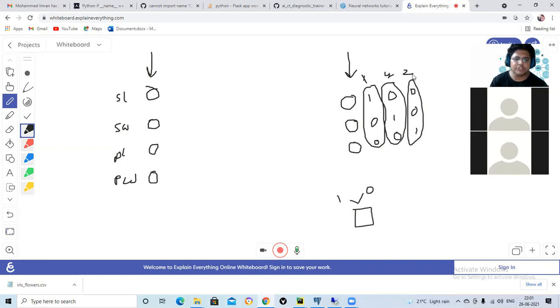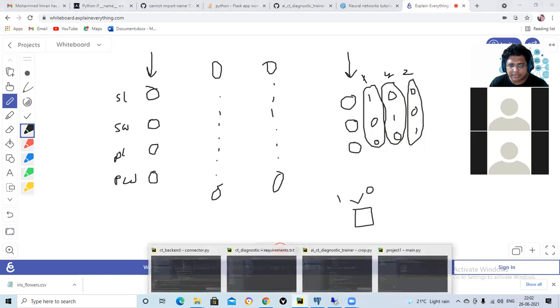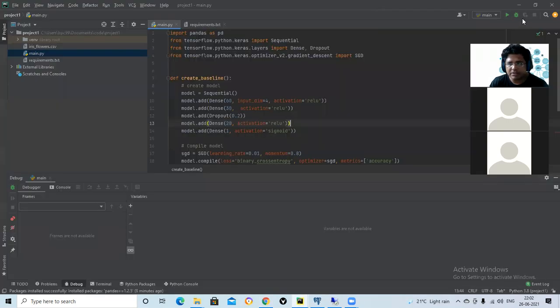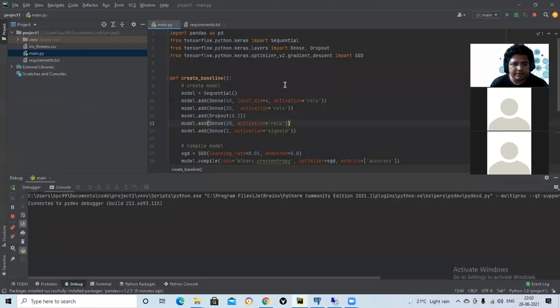Okay, so we are sure about our input and output dimensions. Now within this, we can have as many hidden layers as we want. But now the question is, how many hidden layers should we have? What was the dimension of our data?